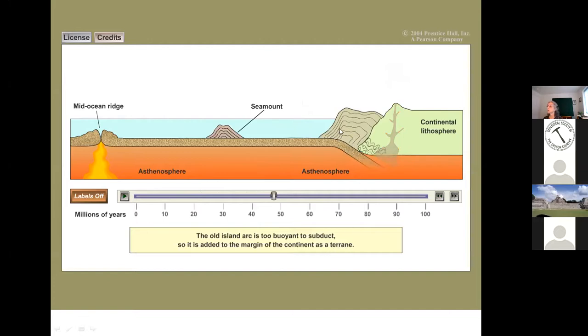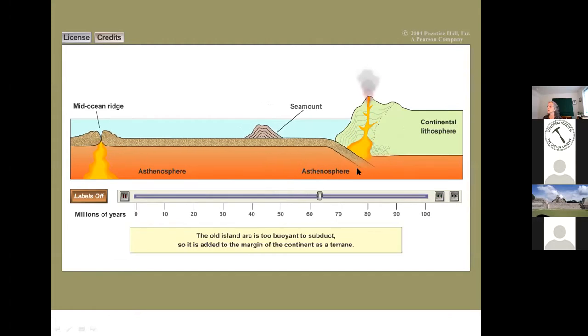Okay. And so for this landmass, we have evidence from the fossils of the Blue Mountains and even of the Klamaths that these areas did not originate anywhere close to North America. In fact, they originated over in Asia, and the fossils match the fossils of Asia, not the North American fossils. It is simply too big to subduct. Also, volcanism happens and kind of glues and welds the whole thing together. And now we've just added on to the edge of the continent.